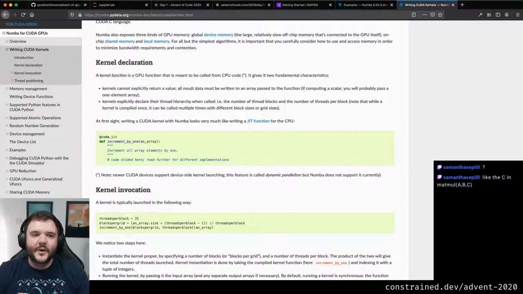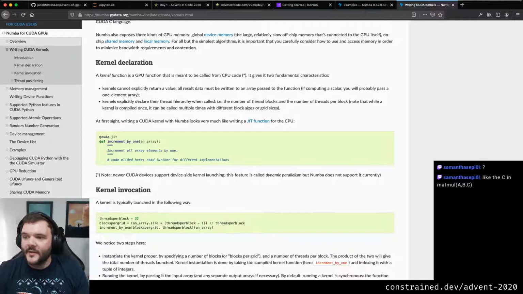But this is what I meant about you kind of say, well, I want this function to be called 1,000 times, or you do it in like 2D or 3D arrays. So you say, I want this to be called 10 by 10 times, right? So 100 times, but in like a 10 by 10 block. You can do it in 1D, 2D, and 3D, I think, just because of the way that the CUDA libraries work. And that makes sense.